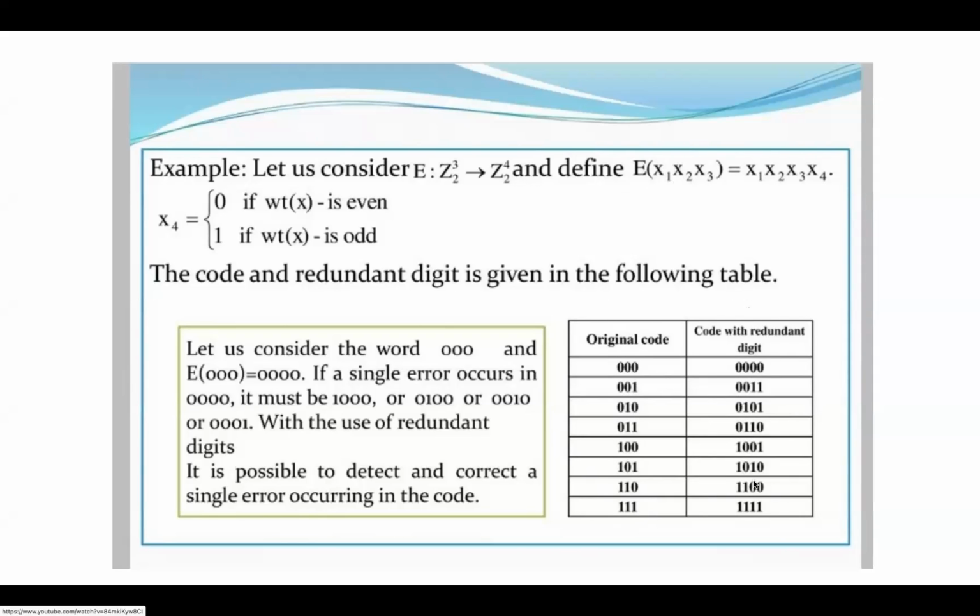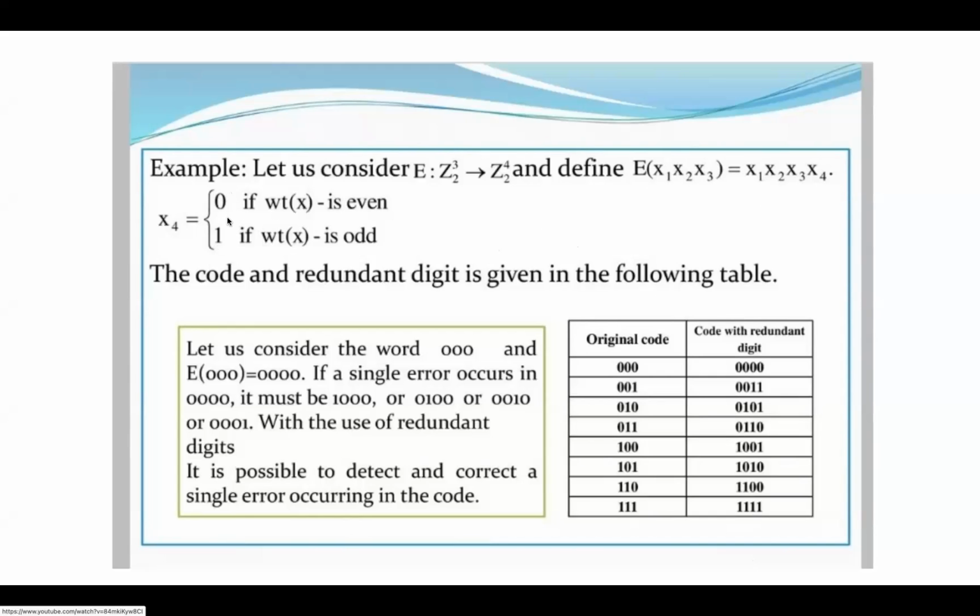Okay, you can see in all the rows. Now the x4 criterion is: if in x1, x2, x3 the number of ones is odd, then x4 will be 1. If in x1, x2, x3 the number of ones is even, then it will be 0. Okay, x4 is 0 or 1.